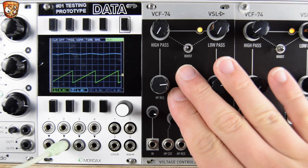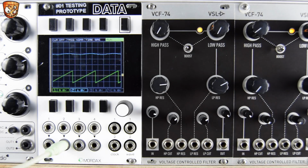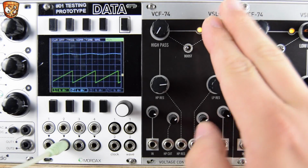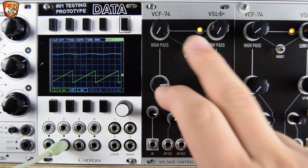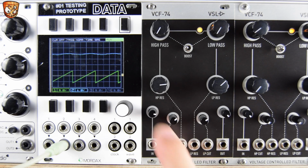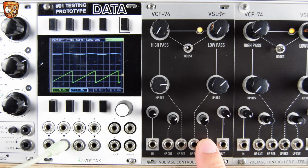So here we have the VCF 74 from Vintage Synth Lab. It's a high pass into a low pass filter. We've got resonance control for each. We can boost the high pass into the low pass, have an input with level, output with level, low pass